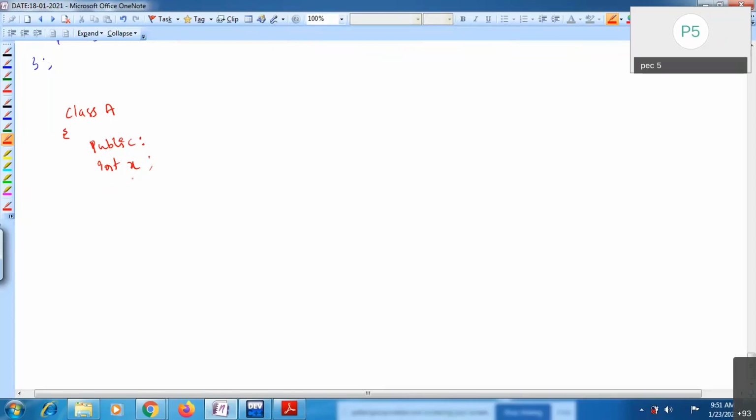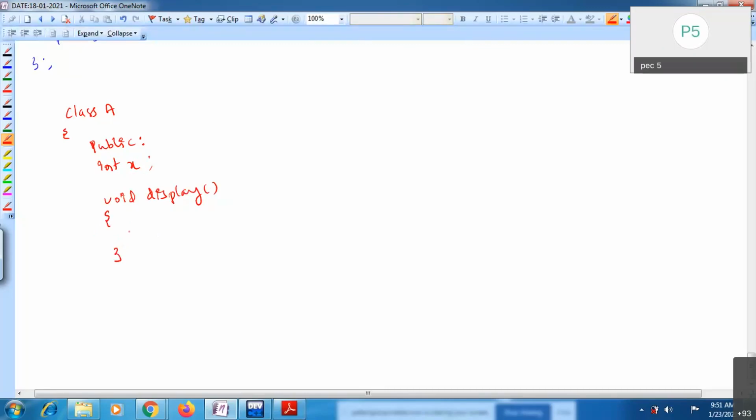Member functions means, for example, here I'm taking void display. Sorry, this is the member function that you can write inside your class.